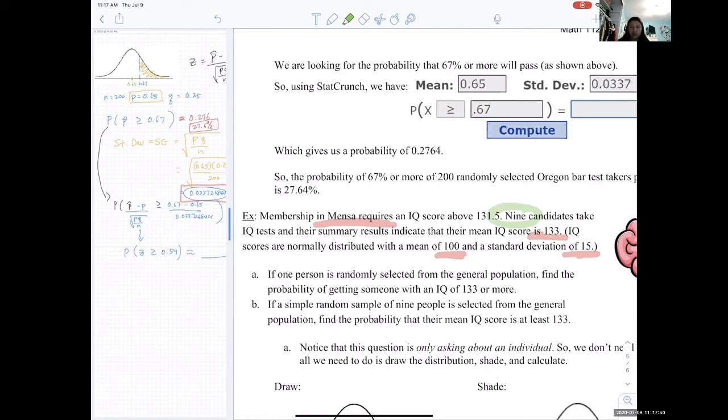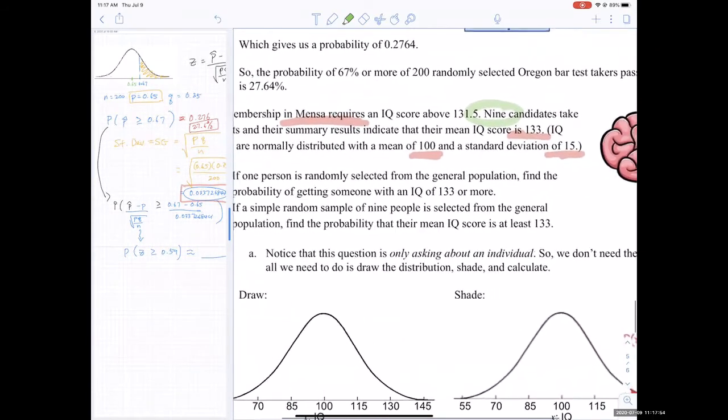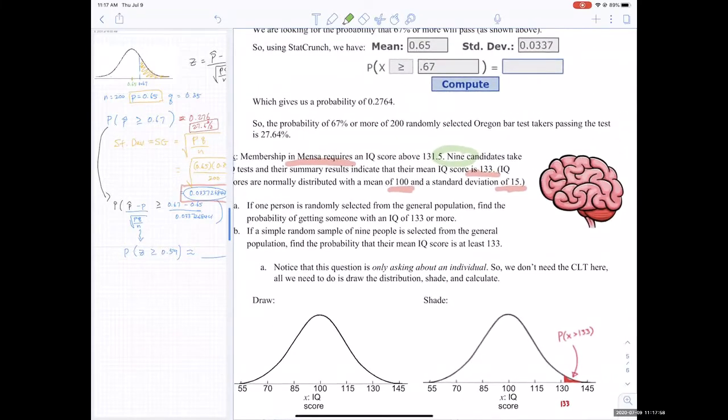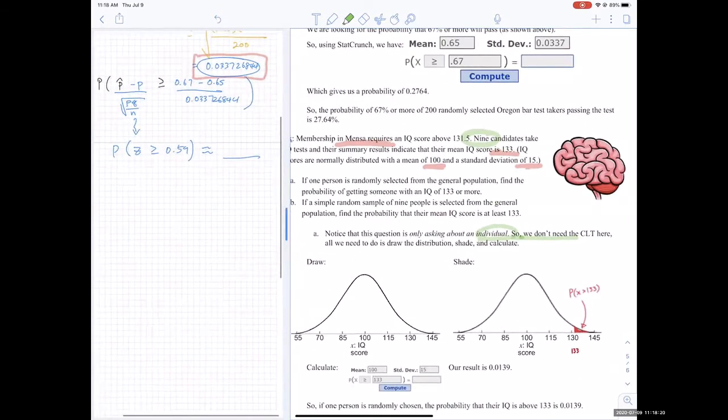Okay. So notice this question is only asking about an individual. We don't need a central limit theorem here, okay? They're only talking about an individual, not a group. If it's for a group, then you have to use it. And one other thing is that if your population distribution, I don't think they mentioned here, if you know the population